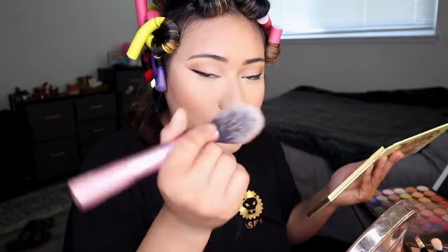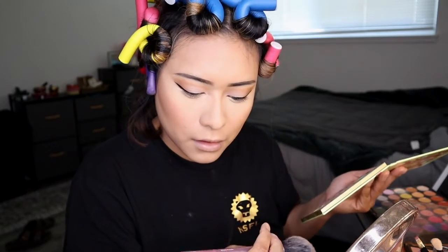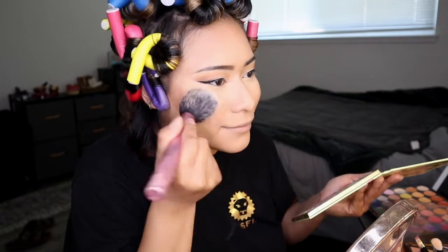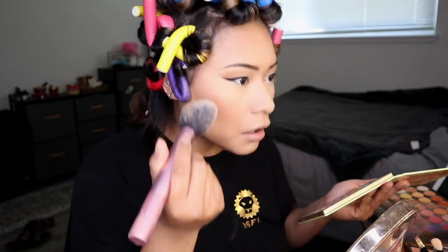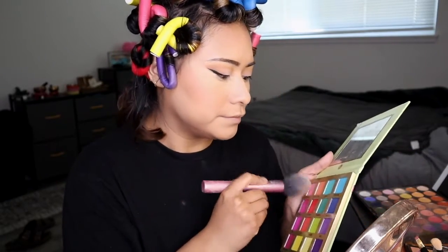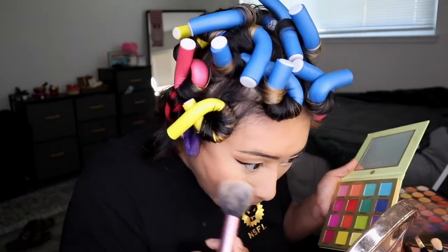So I'd use my Real Technique blush brush, and it's a Mazen. You can just keep it right here. I like to bring it in just a little. So now that I have that on,